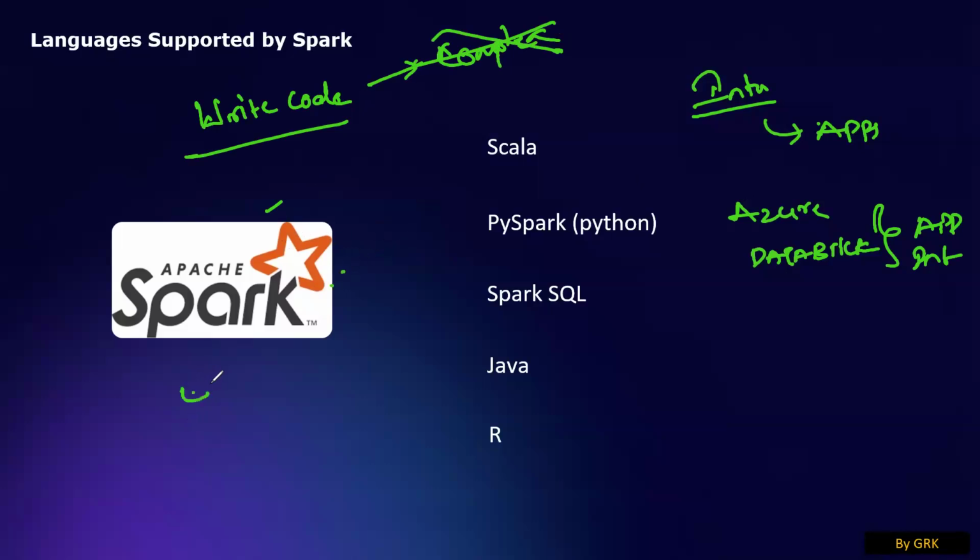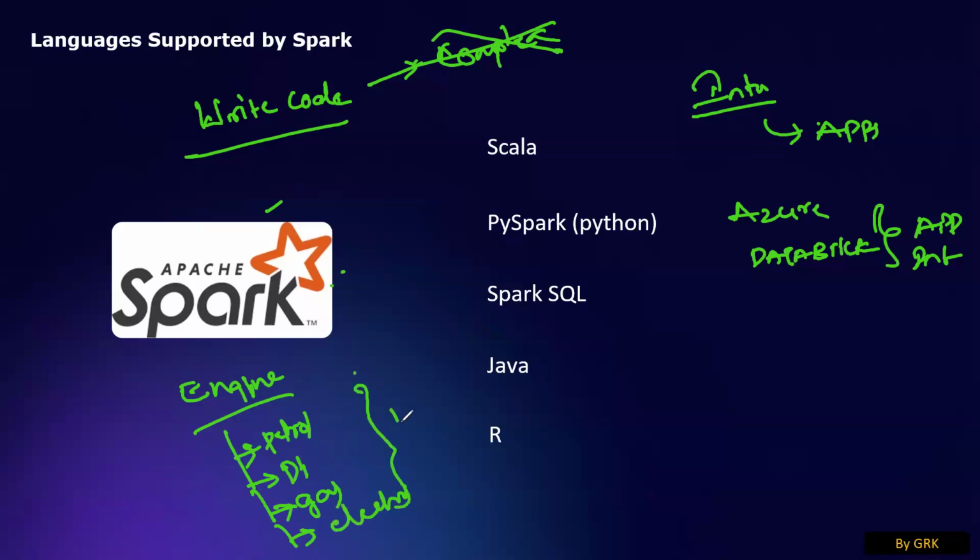As I told you, Spark is an engine only. An engine will run on some fuel. Which fuel can an engine run on? Petrol, diesel, gas, electric, and now a few things are hybrid as well, which can run on petrol and electric.